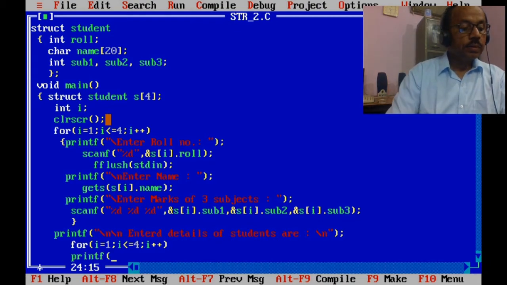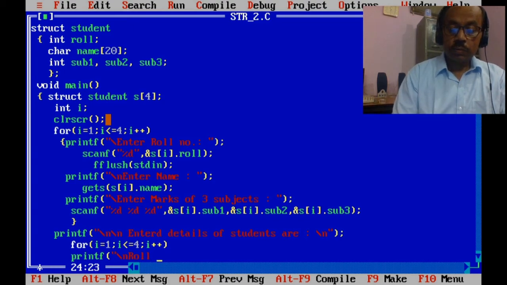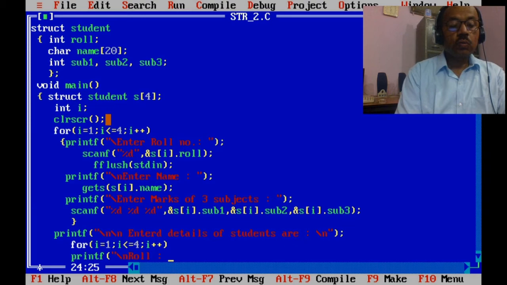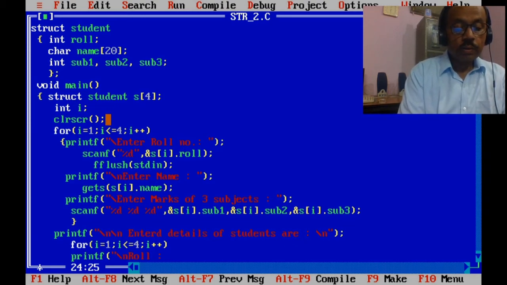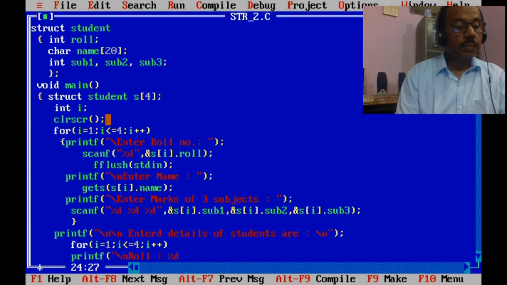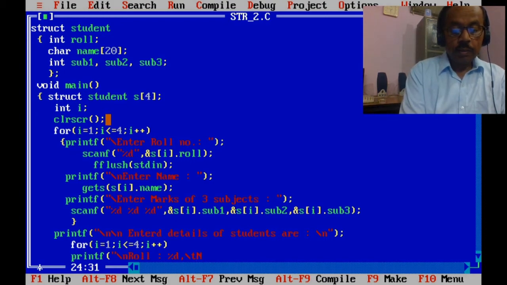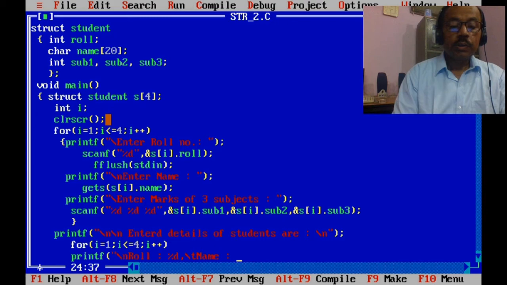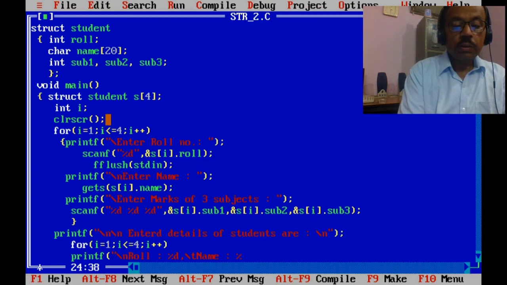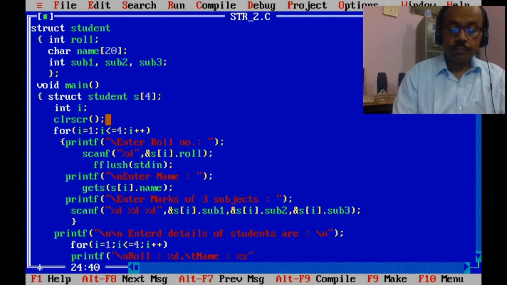printf backslash n roll is equal to %d and backslash t name is equal to %s.